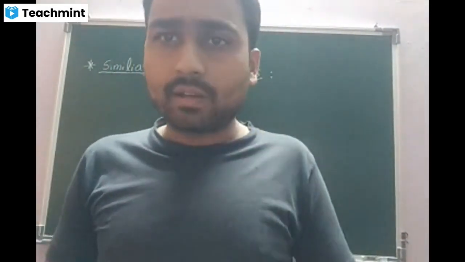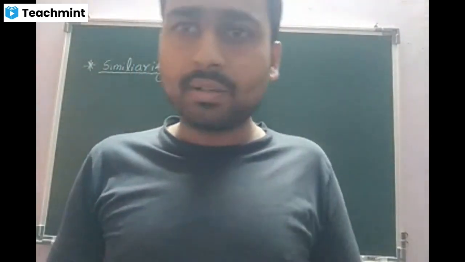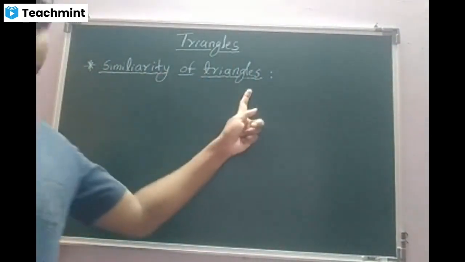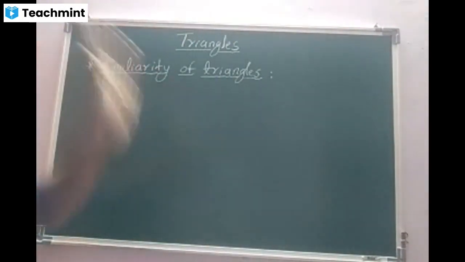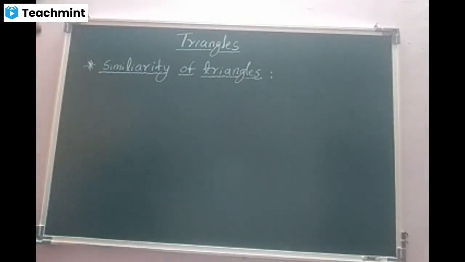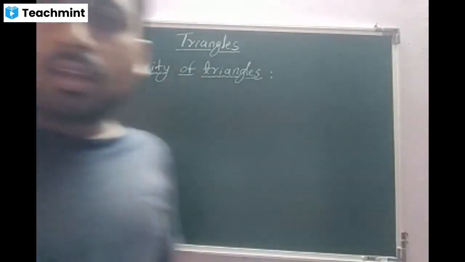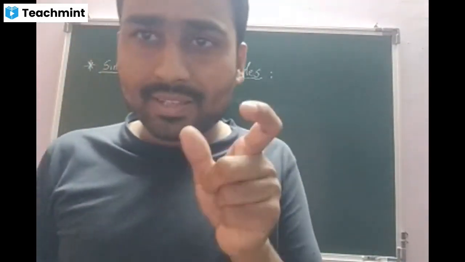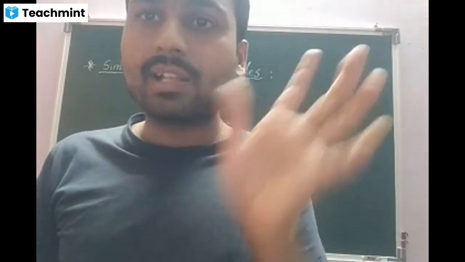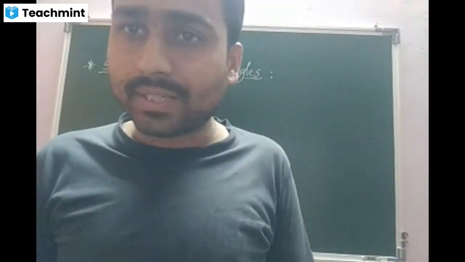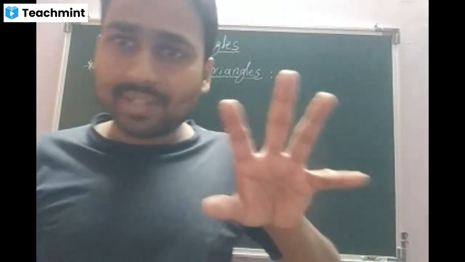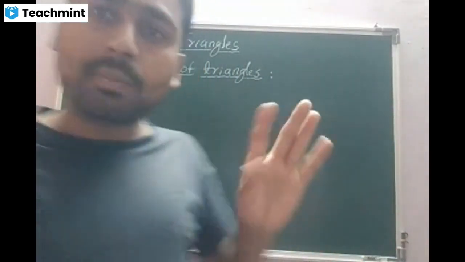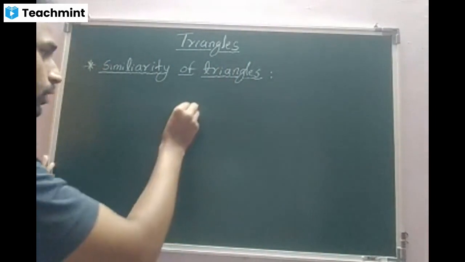Now, moving further, we will start with the new concept, that is similarity of triangles. Students, all of you write down the side heading. I'll explain, then we will proceed further. Write down. Done? Yes, sir. Beta, as I said, this concept is specific, particular to the triangles only. We are not going to take any other object into consideration. Now, what is similarity of triangle? Beta, the general definition we learnt in the morning is applicable here also. I have to take two triangles.